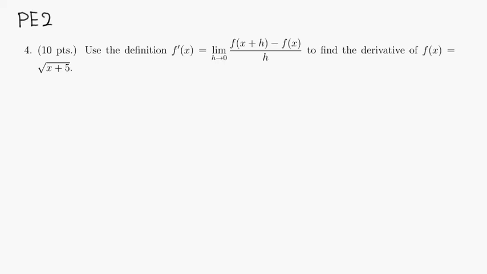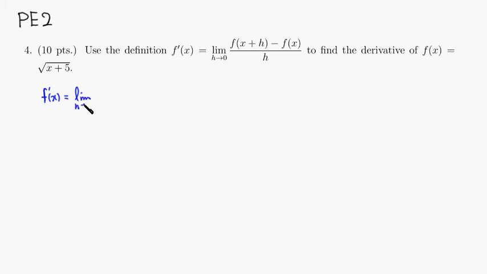Alright, let's look at practice exam 2, problem number 4. We need to use the definition of derivative to find the derivative of f of x equals square root of x plus 5. Alright, so let's do that. Following the definition, f prime of x is equal to the limit